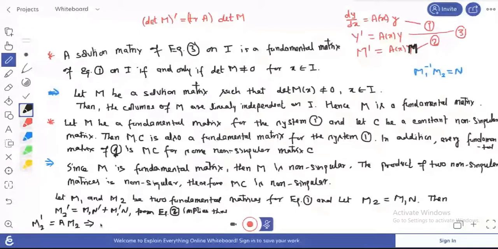This implies, if we look here, AM2 equals M1 N prime plus M1 prime N. So here you can also write the value of M1 prime. M1 prime is of course, from equation 2, AM1. So you can write A